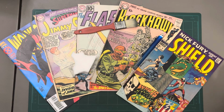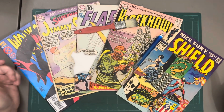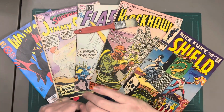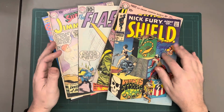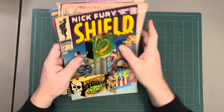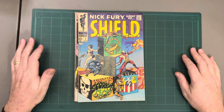Going to clean and press a few books that came in on trade over the weekend. I'll tell you a bit about this trade because it was a pretty cool win-win for both of us. My old buddy Shane Mountain purchased most of these books, not the Steranko obviously, but a lot of these books that I got from him, and I got a big stack of old DC and some Marvel in trade